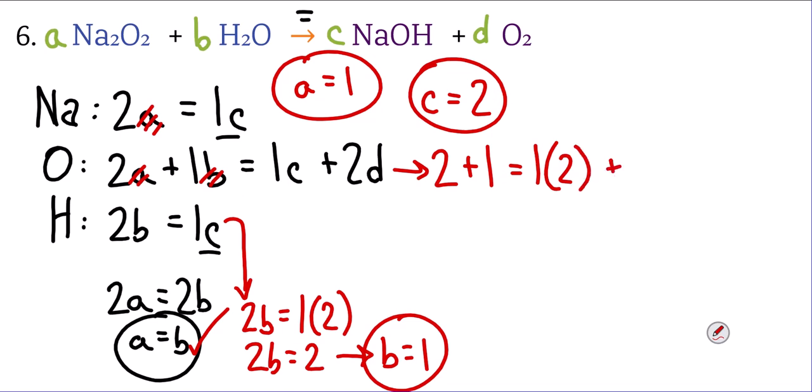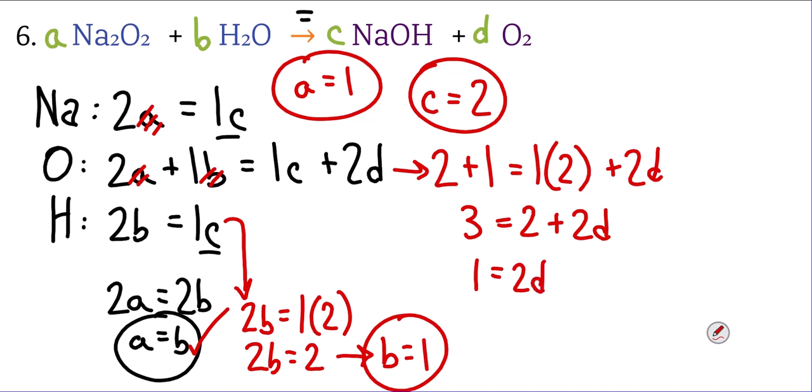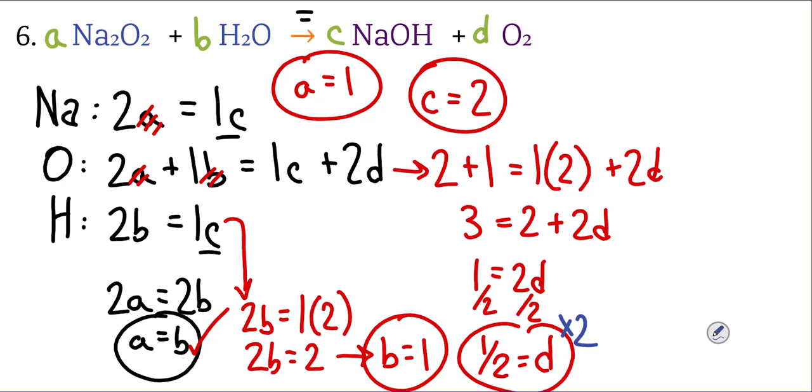D, while it has the same high coefficient of 2, would not have been a good choice because it doesn't immediately tell us about one of the other variables. Eventually, we'll be able to solve for D. When we do so, we find out that D equals a half. Since we're not allowed to have halves, because everything must be the simplest whole number ratio, we will double everything. The algebraic method still allowed us to solve for everything